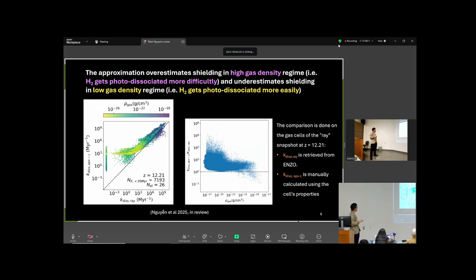Okay, so let's go to the results. In these 2 plots, I plot the photodissociation rate using the ray tracing in comparison with the one calculated by the approximation model. Each of these points represents a gas cell in the simulation. On the right subplot, I show the ratio between the approximated and the ray traced photodissociation rates as a